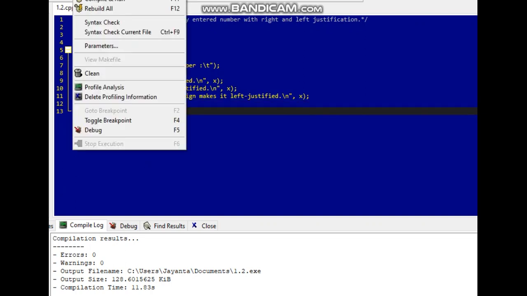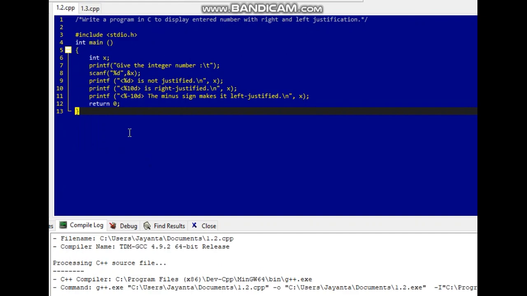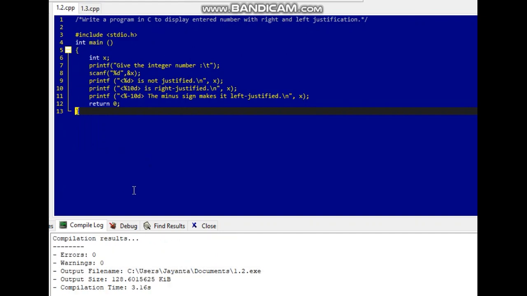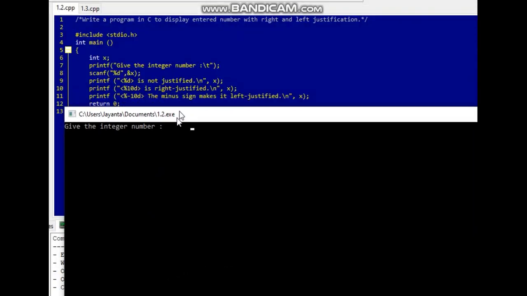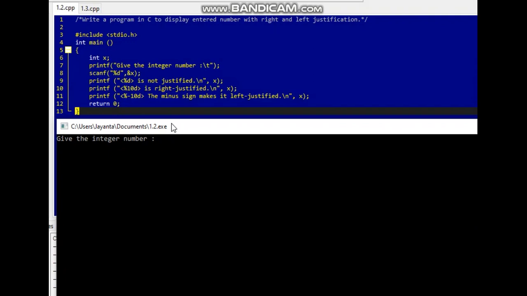Now I'm going to compile and run it. After compiling, it's here. I'm giving an integer number like 209, and here's the output.